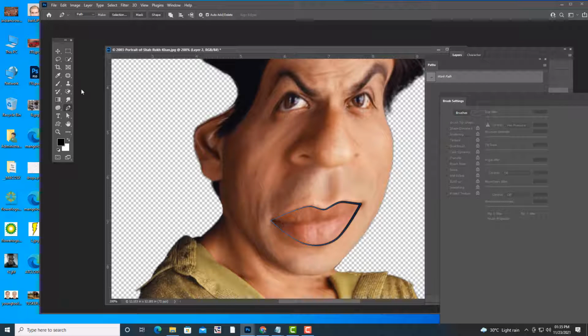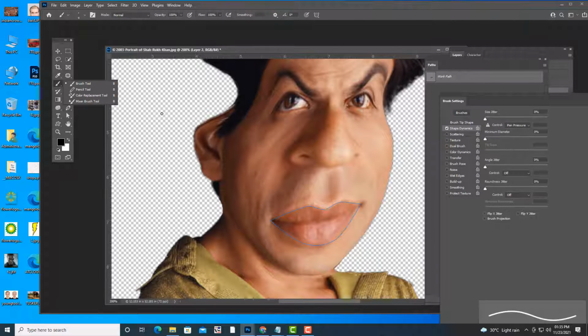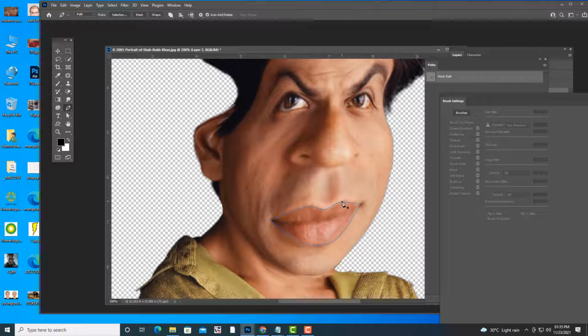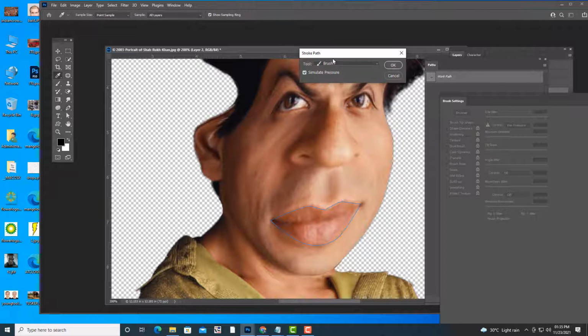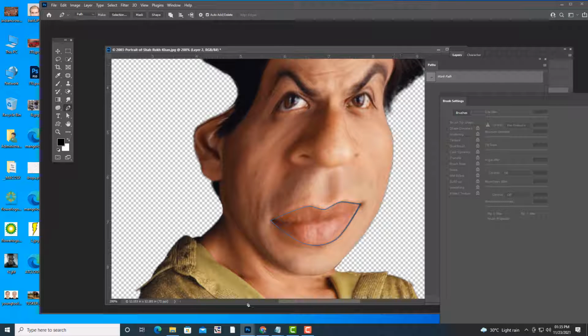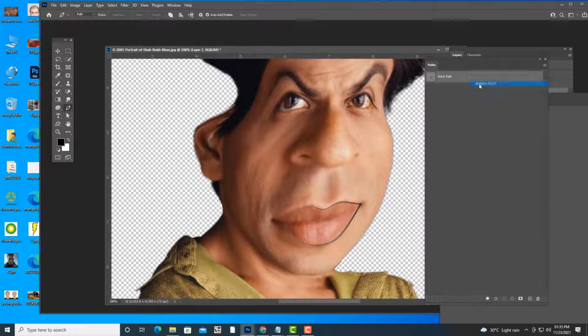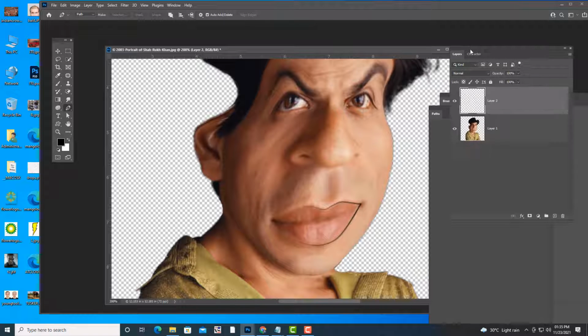If you want a little bit less thickness, just reduce the thickness, and then stroke path, simulate pressure. Then we delete the path. It should be just light, not too dark. Next I am going to draw one more line here.